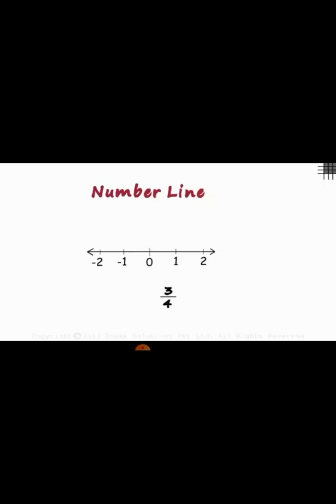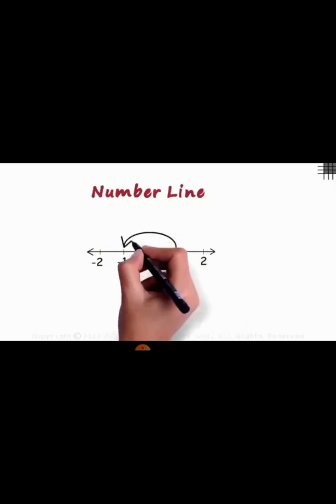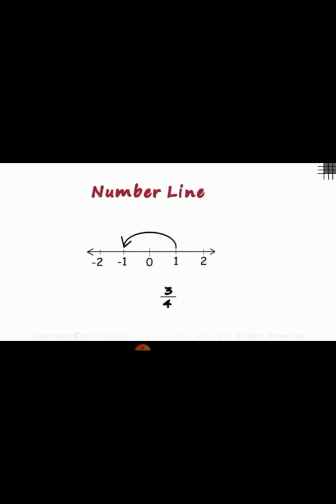Before we understand how to plot this, we need to understand a very crucial point. Every integer except 0 has a corresponding integer. The integer 1 has -1 as its corresponding integer. 2 has -2 as its corresponding integer. Similarly, every negative integer will have the corresponding positive integer. This tells us if we somehow manage to plot 3 by 4, we can mark a point at the same distance to the left of 0, which is -3 by 4.